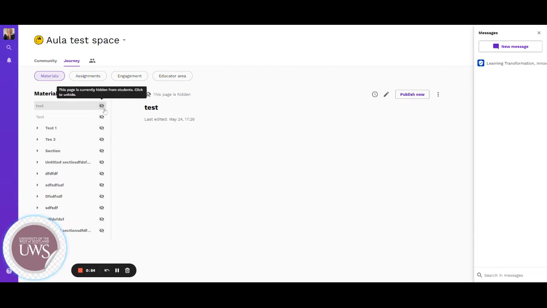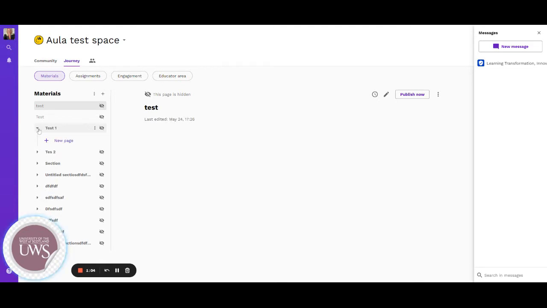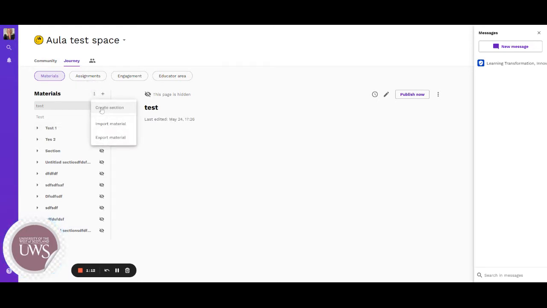So having that eye with a line through it means learners would not be able to see it if they were on here. So one of the things you can do is this is, for example, a section, because you can see the little arrow at the side. And to add a section, you would just click at the top here where there's 3 arrows, and you would click create a section. So if you're manually creating, you would create a section here,